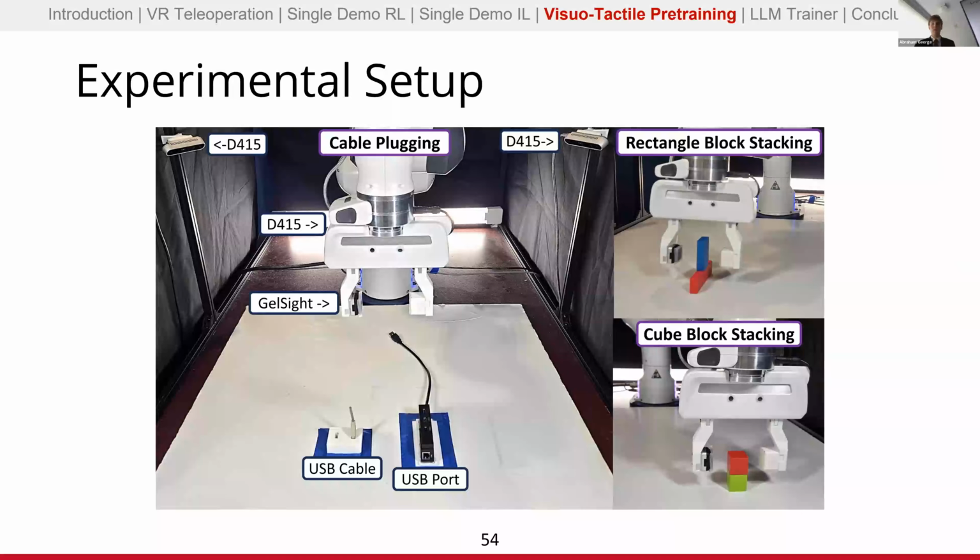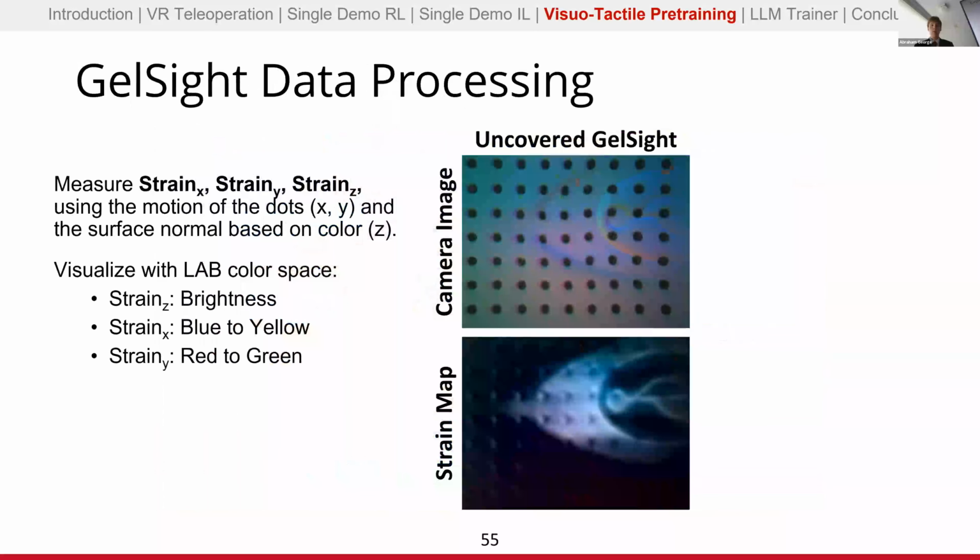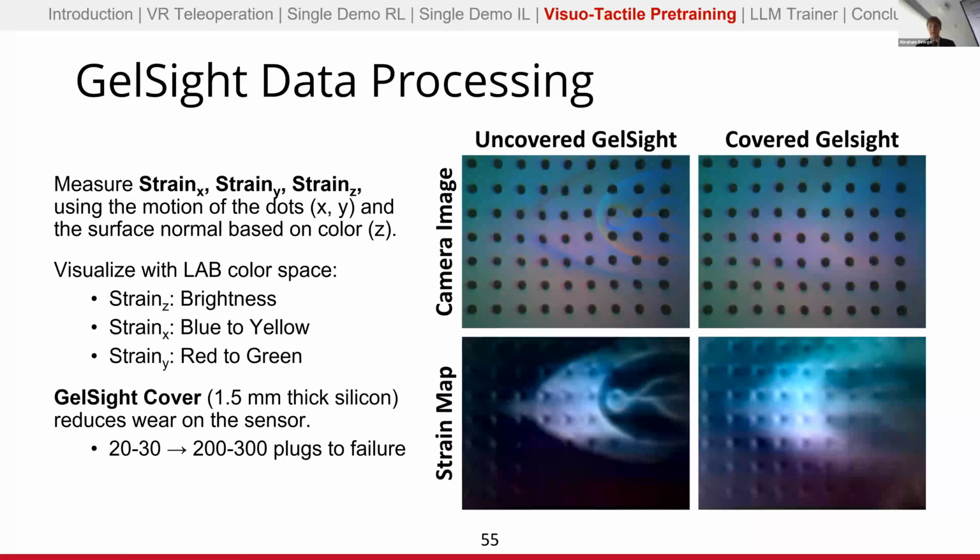Yeah, so for our experiments, we only did experiments with the covered GelSight. We didn't do any actual experiments with the uncovered GelSight just because it broke. We're doing very high shear forces. We're trying to insert a cable. So we kind of had to use this covered solution, or else, just from an experimentalist standpoint, if I have a different cover between training and testing, that raises some questions about, okay, if my sensor was decaying while I was doing my evaluation, is my evaluation comparison due to a different sensor versus an actual difference in the methodologies?